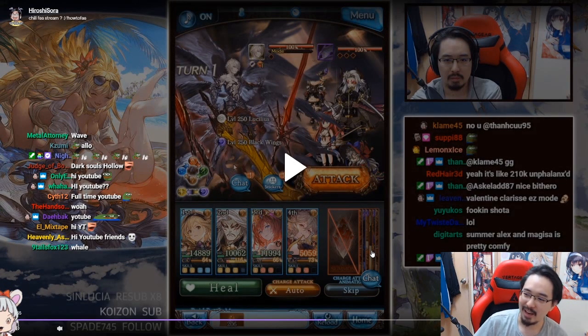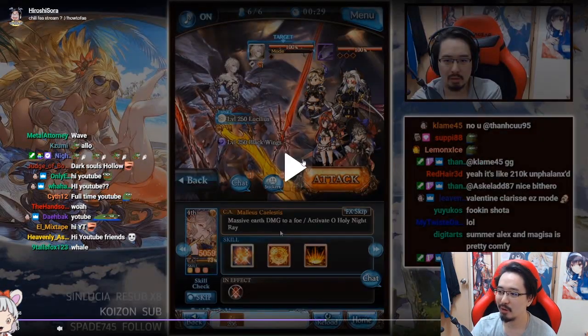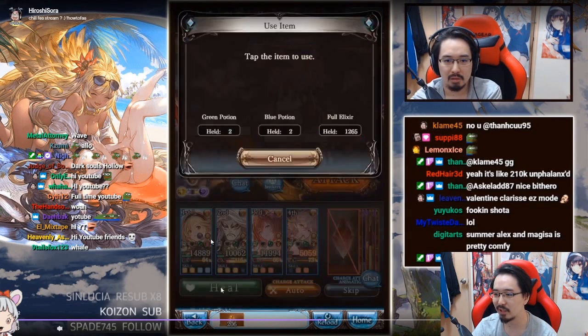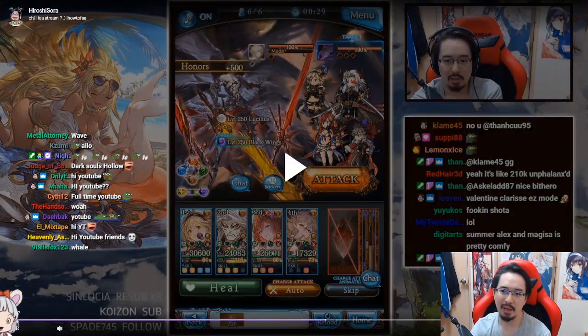So yeah. Anyway, let's actually start, because I've been mumbling for so long already. First things first is actually very easy. The first thing you want to do, if you're using Magisa, is use her skill to dispel as well, and then buff everyone for obvious reasons. Also, most of the time you tend to want to blue pot,